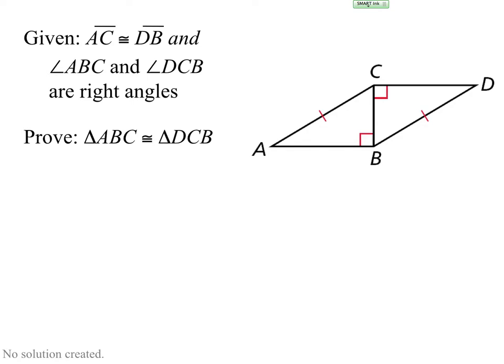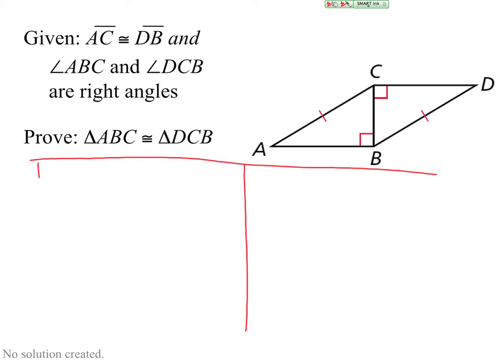I'm thinking that I'm going to write the given down in the form of a proof. So we've got segment AC congruent to segment DB. That's the tick marks up there. That is given. And I think I'll also put angle ABC and angle DCB are right angles. And